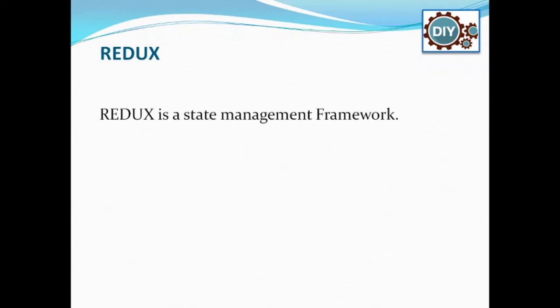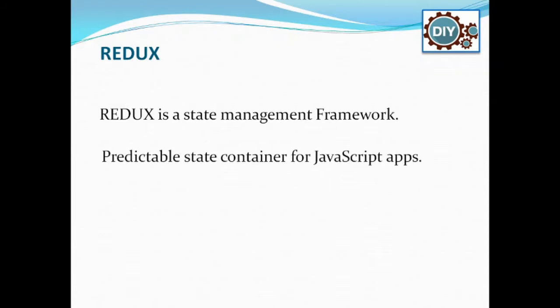Redux is mainly used to manage the state across the application, to initialize the state, to update the state, and to perform any kind of changes to the state of the application by using standard components in the Redux framework. It's a third-party library which can be integrated with React applications. The main thing in Redux is that we can always predict the state of our application, by making use of reducer functions as well as the store, where we can manage the data.